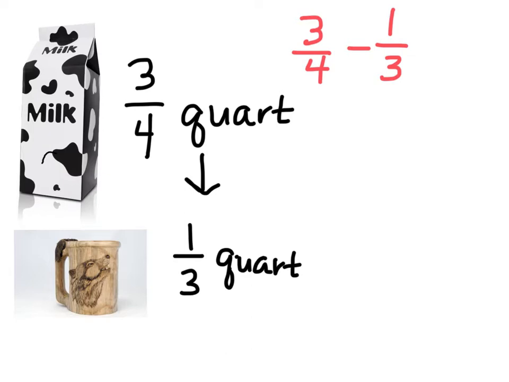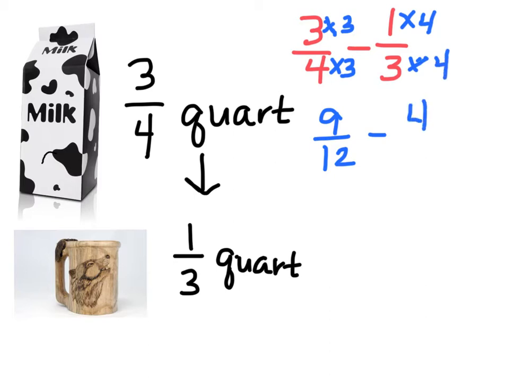Just as we do with addition problems, our first step is to find the common denominator so that we can subtract 1/3 from 3/4. The common denominator for 4 and 3 would be 12. That is our least common multiple and therefore our common denominator. So we need to rewrite 3/4 and 1/3 as their equivalent fractions with 12 as the denominator. For 3/4, we'll accomplish that by multiplying both the numerator and the denominator by 3, giving us 9/12. To rewrite 1/3 with 12 as its denominator, we need to multiply both the numerator and the denominator by 4,